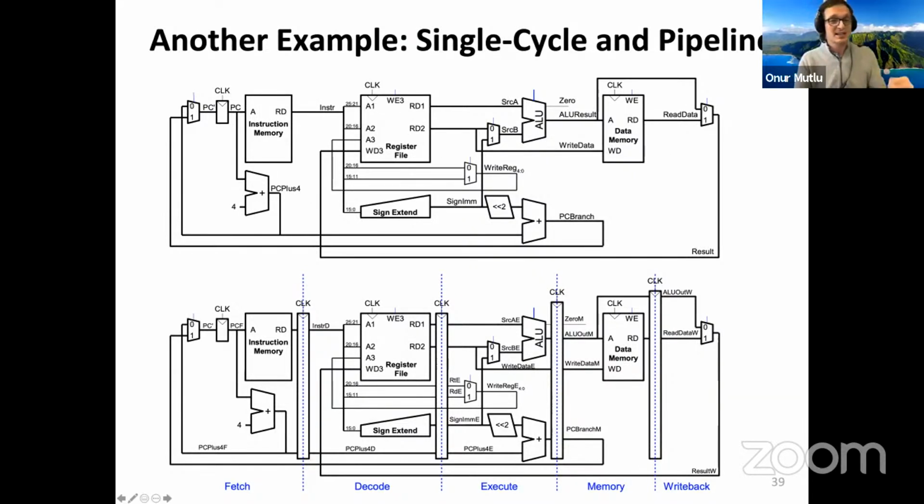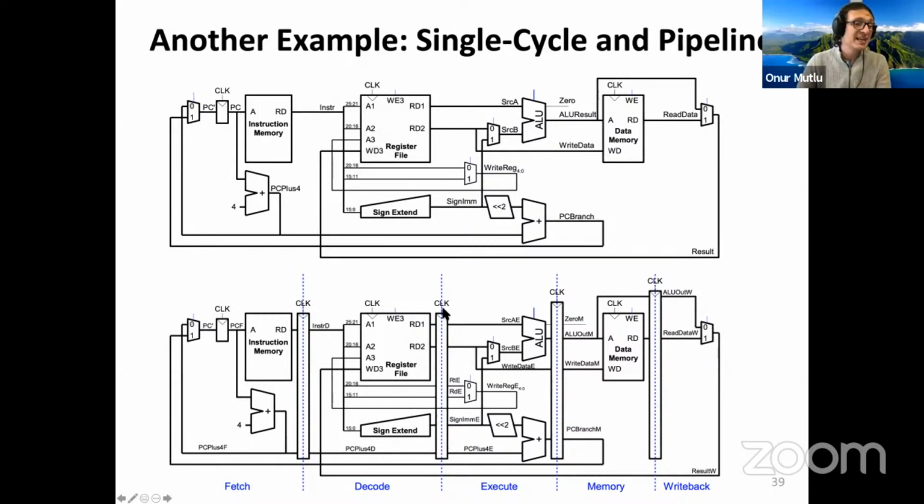But this is another single cycle and pipelined microarchitecture from your book. This is the Harris & Harris example of a simple MIPS microarchitecture that we have seen, the single cycle one. And this is a pipelined version of it, as you can see at the bottom. It's actually not a correct pipelined version because of this write reg field. This write reg field should not be writing to the register at this point in time, right? It should really be writing to the register at this point in time,